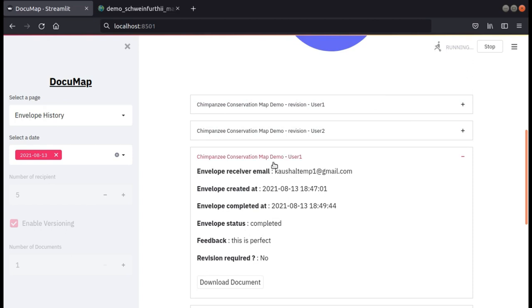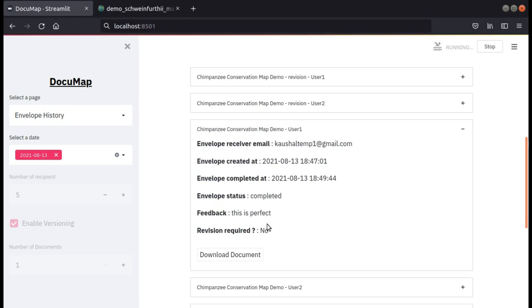Then we get this username and user details from the envelope recipient API. Then we have these tab values. Whichever tab values the experts have filled in the envelope, we are fetching from that. So this is the get tab values.